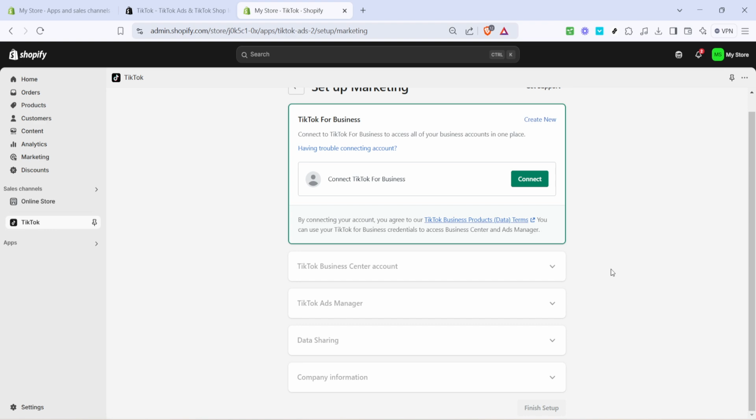Finally, you'll come to the concluding screen where you'll see the option to finish setup. Click on that, and just like that, your TikTok shop is now connected to your Shopify store. This integration simplifies managing your business across platforms, capturing audiences on TikTok, and funneling them seamlessly to your Shopify store. Take a deep breath, and congratulations, you've linked your two accounts and are ready to tap into the vibrant, active